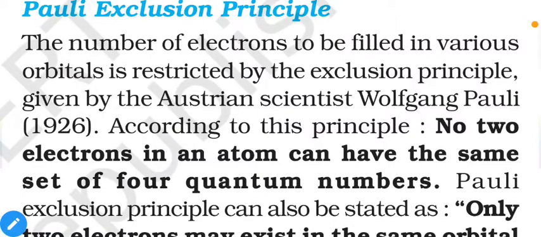If we have to represent the position of an electron inside the atom, then we need four quantum numbers. And for a given atom, you cannot have two different electrons having the same set of quantum numbers. At least one of them should be different. So this rule represents the same thing.